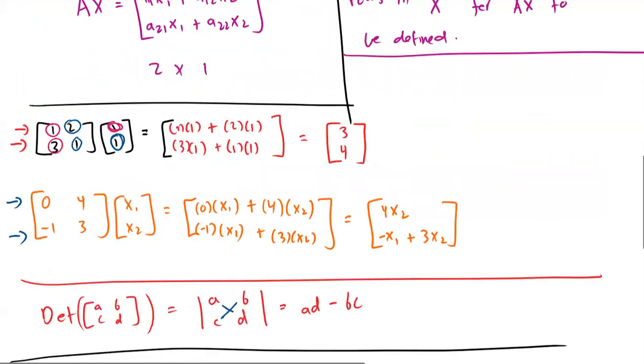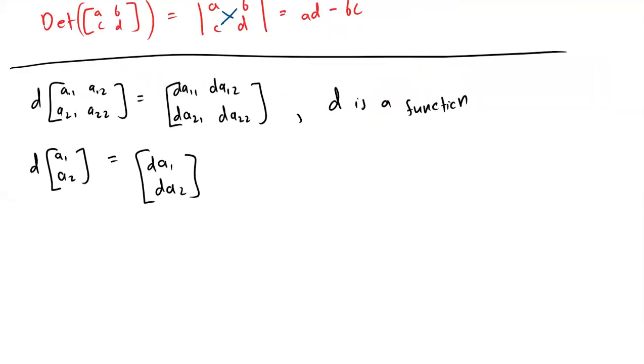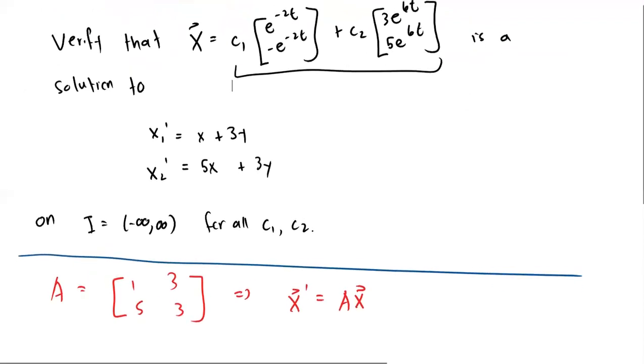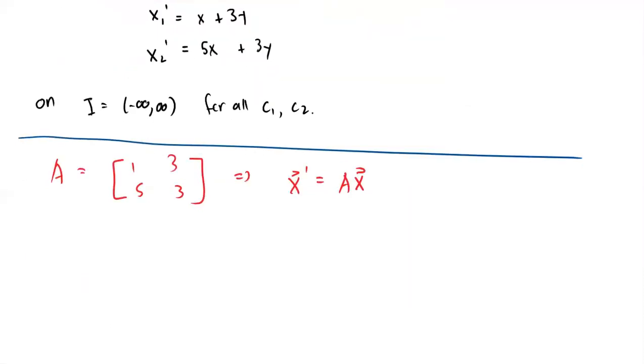Okay, for sure, this is the last thing I needed to show you, so I'm sorry. Let's go back to the example. Again, there's a couple ways you can verify this. The easiest way is to write X as a single matrix. Right now we're adding two vectors; I want to write it as a single vector. So X is given by C1 times this thing,